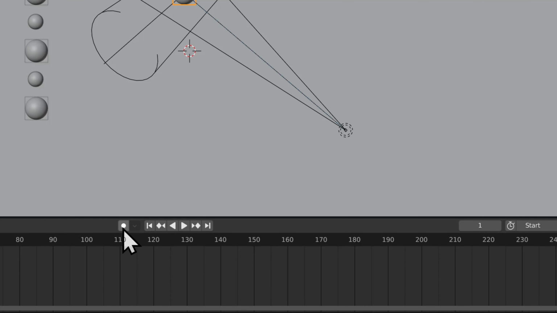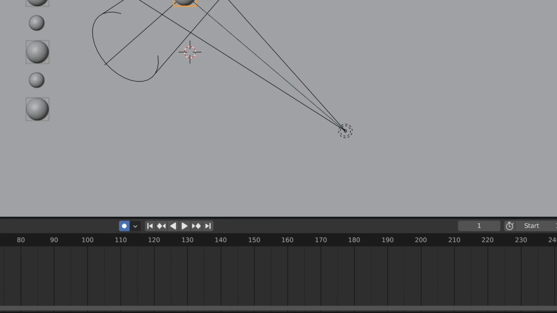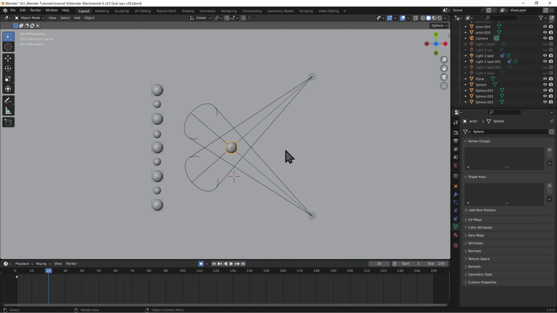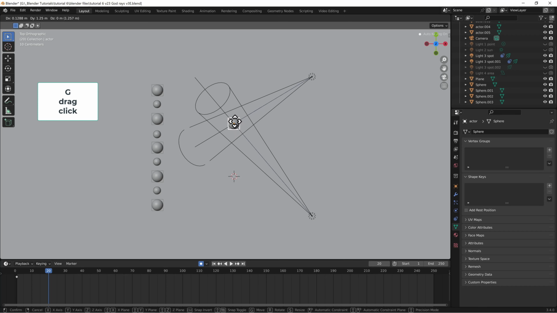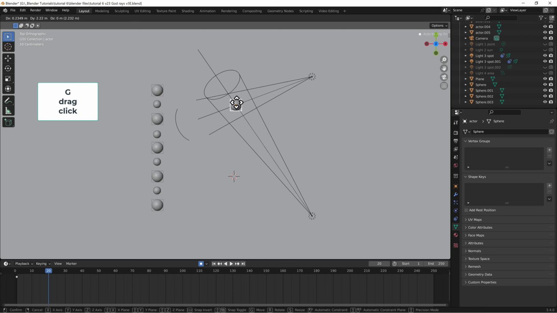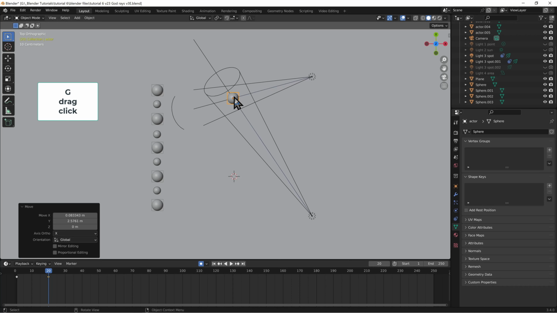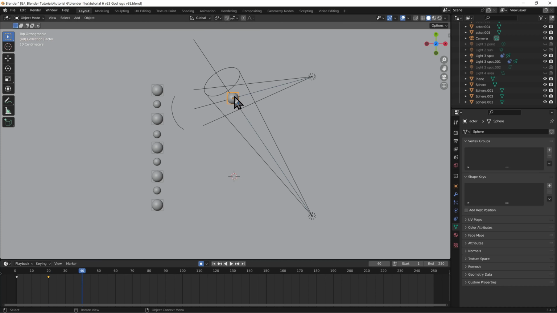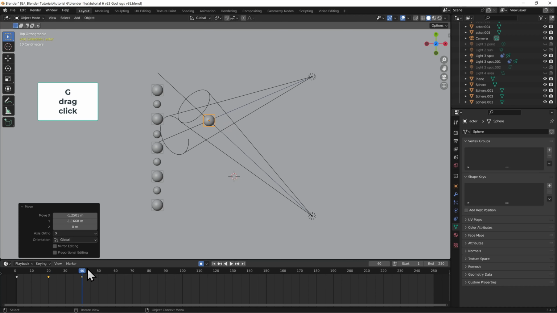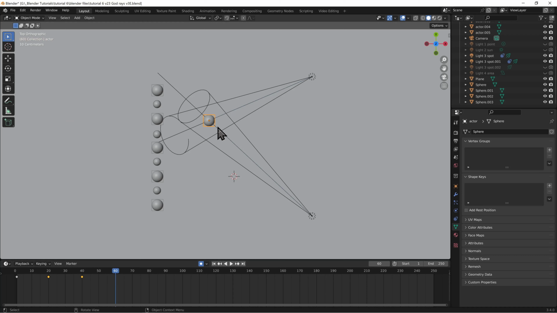I'm going to click that white circle above the timeline, automatic keyframe insertion. Now that's active. I'm going to go to frame 20, type G, drag him up, and there's a keyframe. Go to frame 40, G, another keyframe, 60, G,